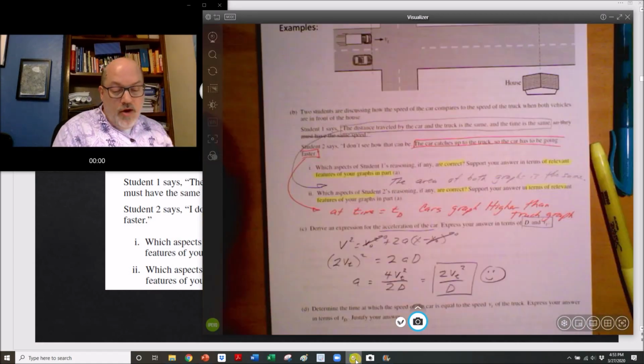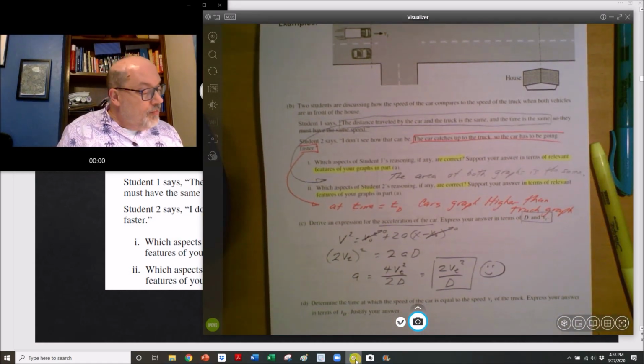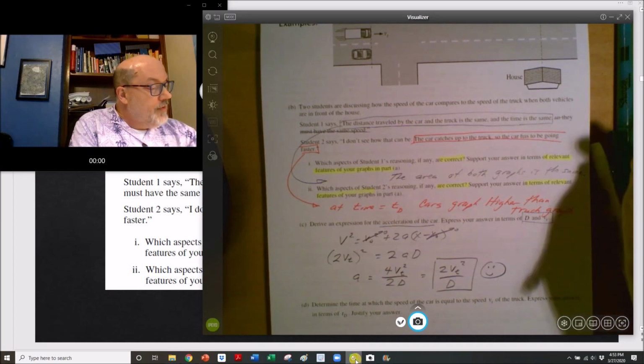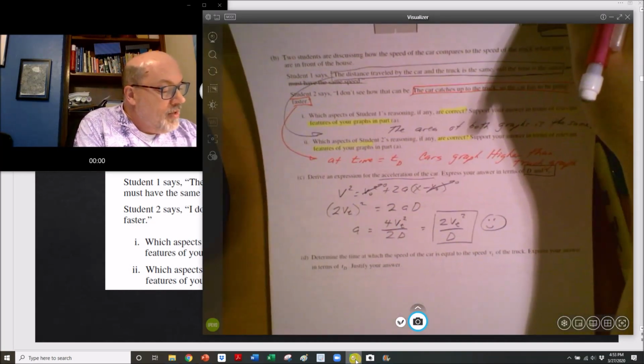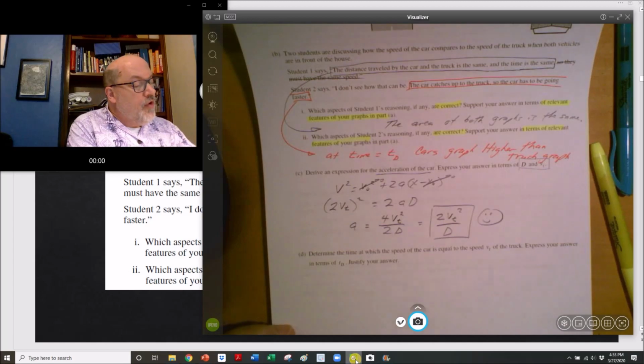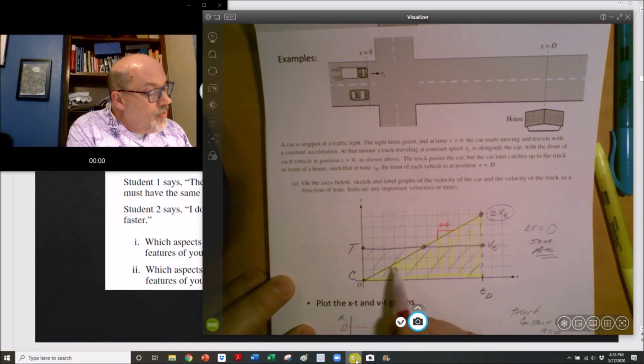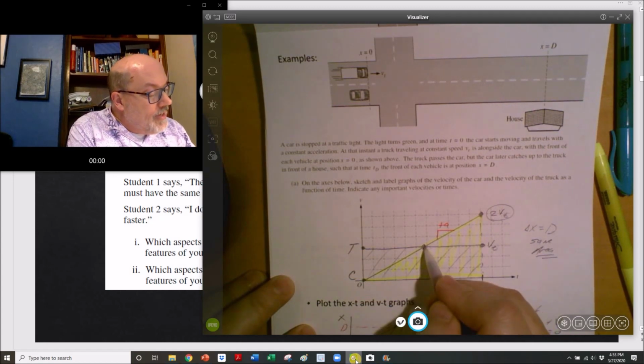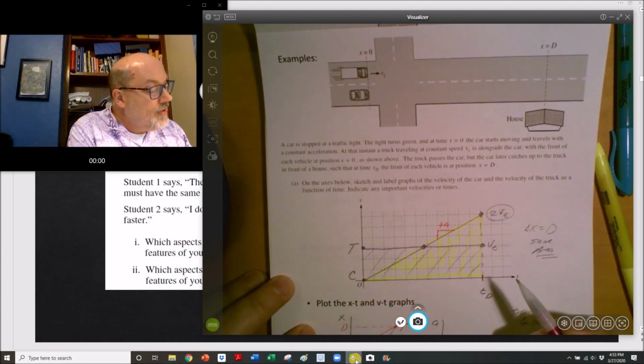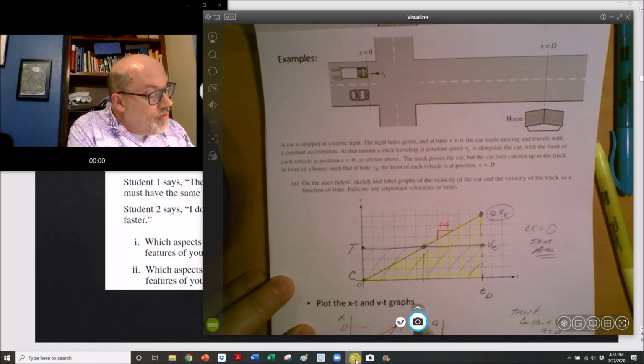And then our last question is, determine the time at which the speed of the car and the speed of the truck are the same. And we've actually already answered that earlier because we drew a great graph. Look, this is a triangle, that's a rectangle. This has to cross here at half the time. So this spot right here would be